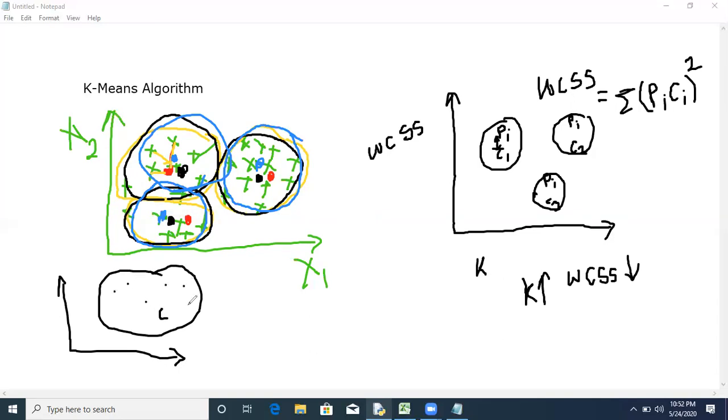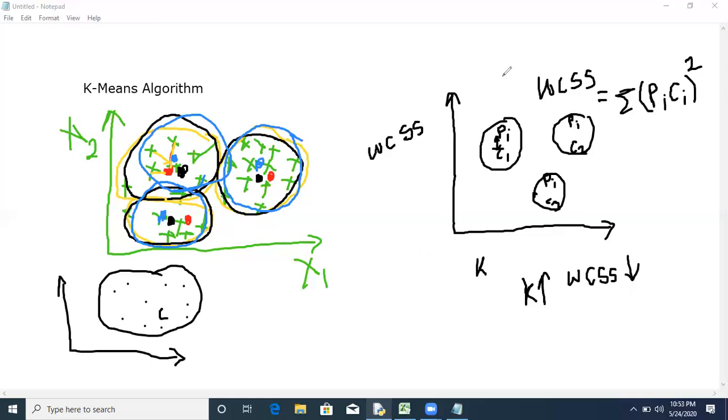The distance of these points from that centroid and then its square we have to find out. This value will be more if you take only one cluster, and if you divide this cluster into multiple clusters, then this WCSS value will be less, because the distance of the points will become less, and therefore its square will also become less. So WCSS value depends on the value of K.